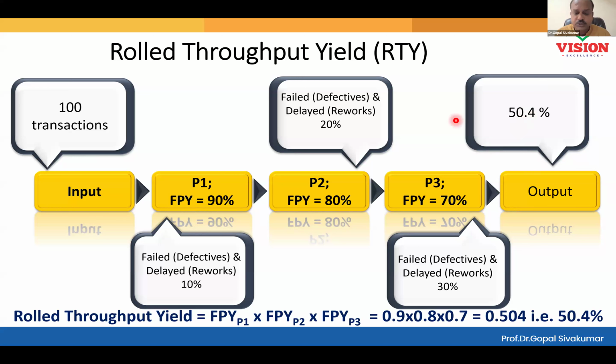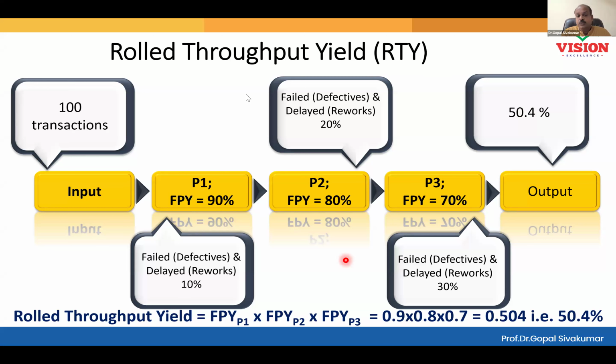This is known as rolled throughput yield. Whenever you understand you are responsible for a compound process, you must go for the rolled throughput yield. Don't just settle by looking at the yield at the separate stages. Even if you maintain 90 at every stage, the overall will be around 70 only. 0.9 multiplied by 0.9 multiplied by 0.9, how much will it be?